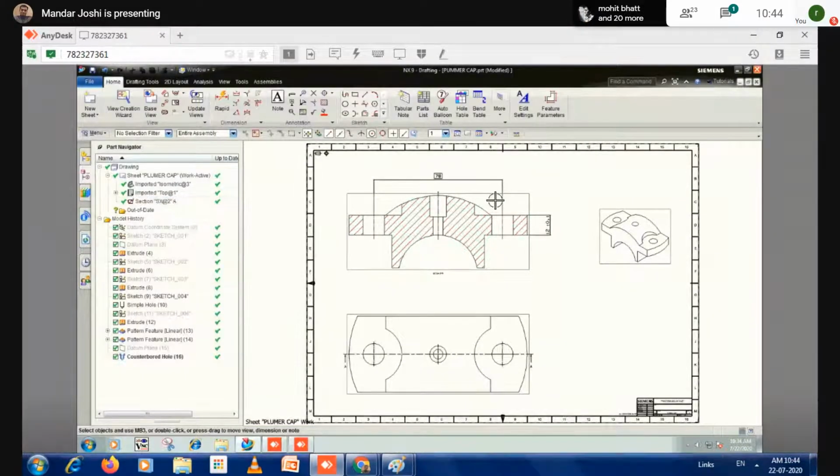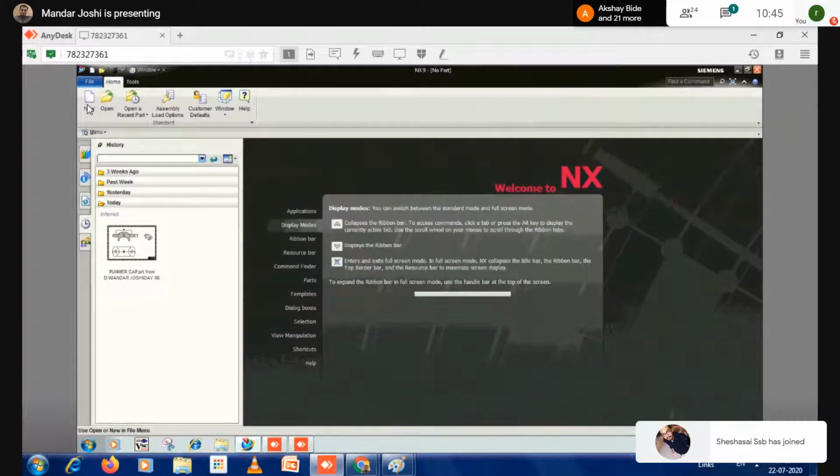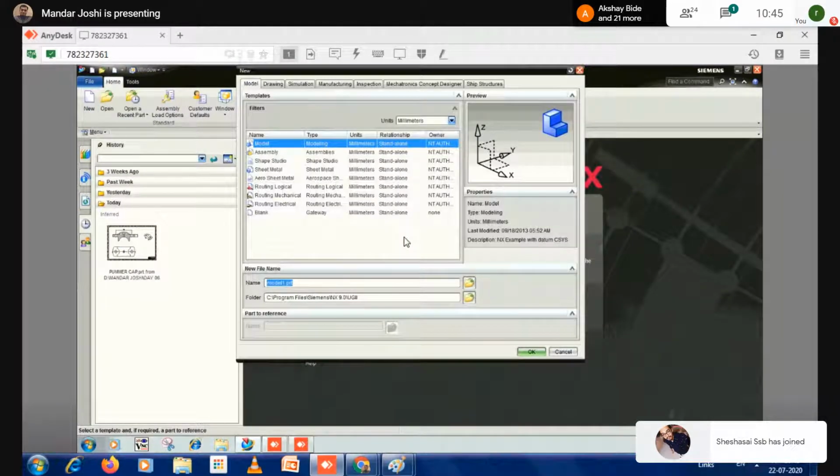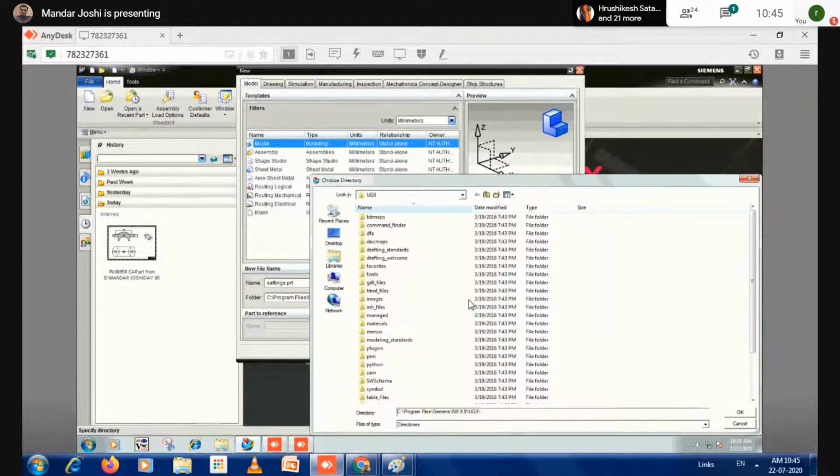And here you have to set the settings, right? So what is the correct way to store the data one time and open it again and again next class? So you have to create a new blank file for the settings itself. So don't apply settings to previous drawings. So I'm closing this file and taking a new file. And give the name here, settings. Okay. Then define a folder directory or target directory.